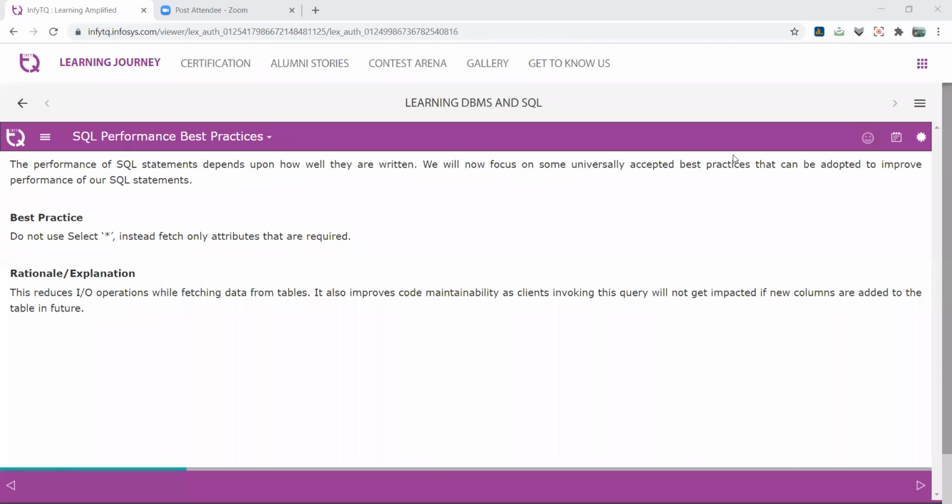Okay, so today's topic is SQL performance best practices. This topic is totally focused on the query optimization part. In earlier sessions, we already discussed the meaning of query optimization. Query optimization means that there are N number of ways to solve a query.